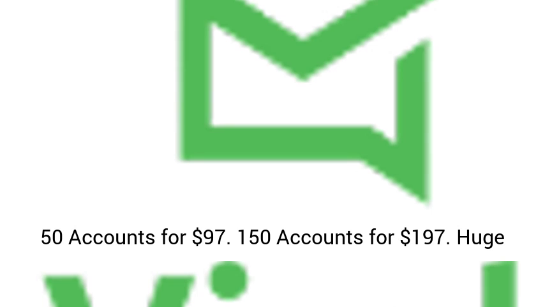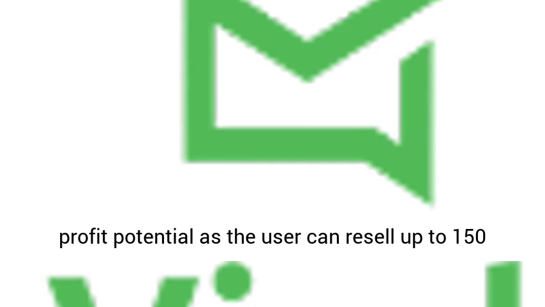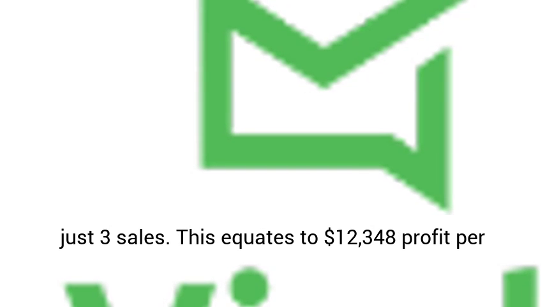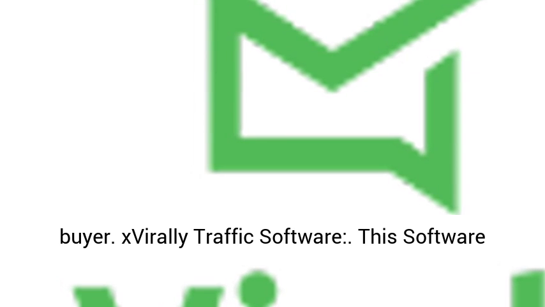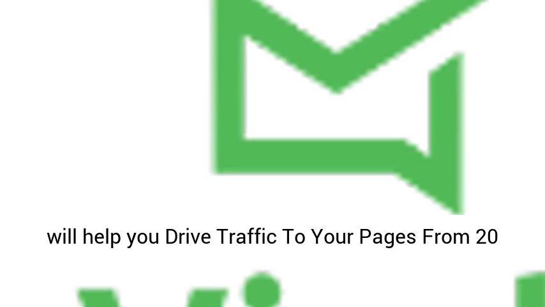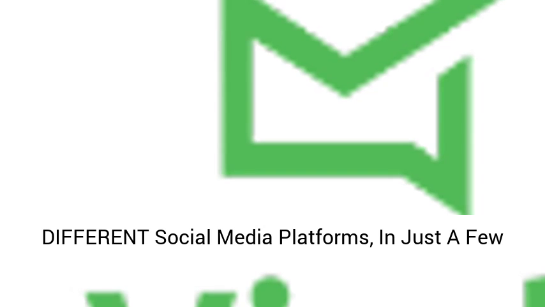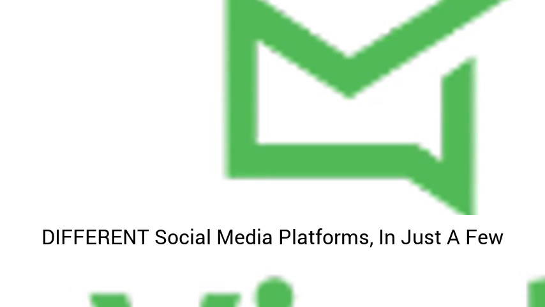Upsell 3, xVirally Reseller. Ability to resell xVirally. 50 accounts for $97. 150 accounts for $197. Huge profit potential as the user can resell up to 150 accounts whilst covering their investment with just 3 sales. This equates to $12,348 profit per buyer. xVirally Traffic Software. This software will help you drive traffic to your pages from 20 different social media platforms in just a few